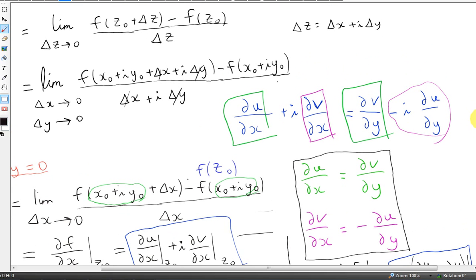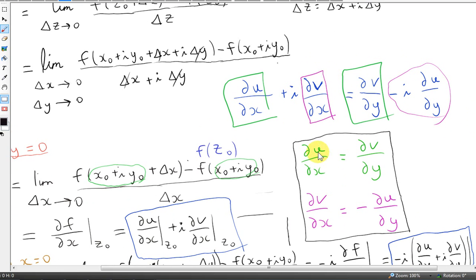We differentiate the real part of the function with respect to x. X comes before y in the alphabet, and we differentiate the imaginary part with respect to y. So this one is fairly easy to remember, but this one here is more tricky. We just have to swap these and stick a minus sign in front of one of them. Of course, it doesn't matter which one we stick the minus sign in. So we just swap the x and y here in the denominators and change the sign of one of these